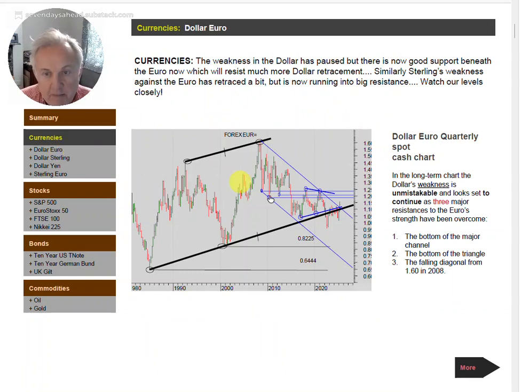You'll see that the big dramatic turnaround here has been the weakening of the dollar, pushing us back through resistance at the bottom of this channel and resistance at the bottom of this triangle, which is a major move, and also through the rather less important falling diagonal. That breakout is a major move, a big reversal of what we've been calling a major bull dollar situation, with this channel and this triangle pushing the dollar, we thought, down there. So it's a massive reversal of expectations and long, medium and short-term views. The big picture then is a big breakdown of the bull dollar scenario.